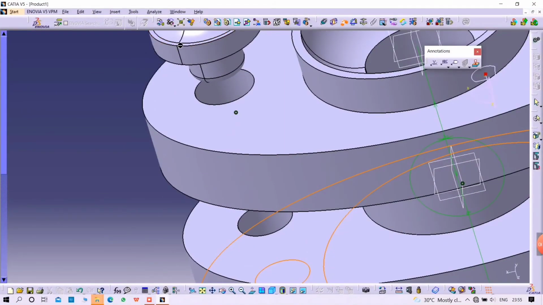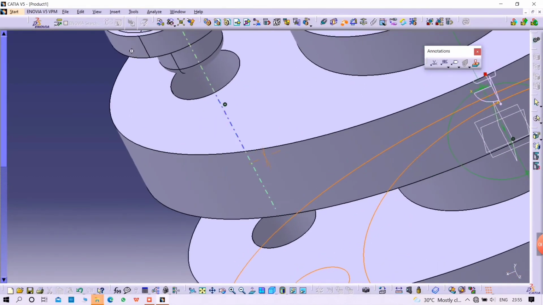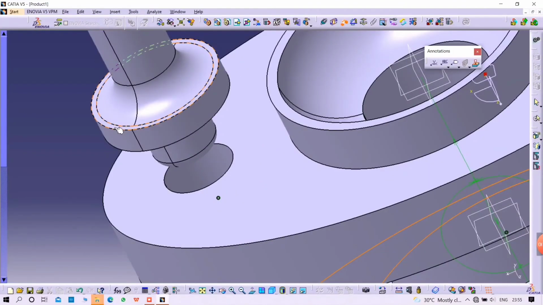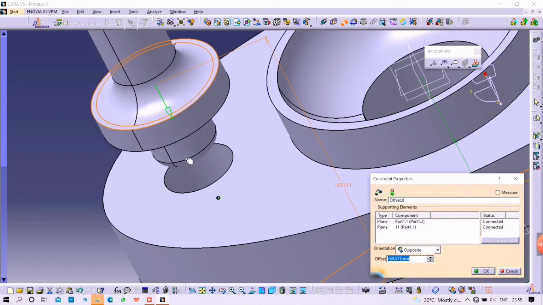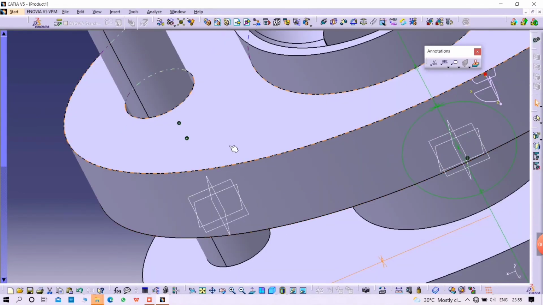Select the small part there and give the offset length of 0 mm, or we can make surface contact also. And Control plus U to update.